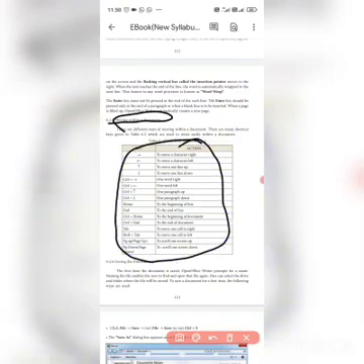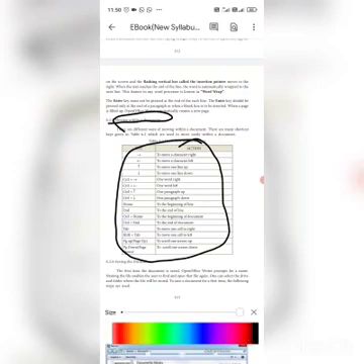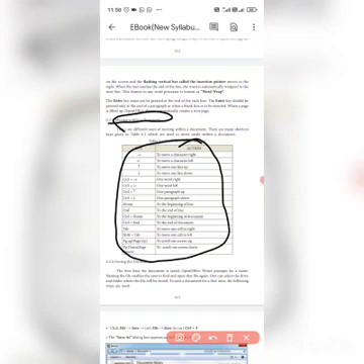Listen carefully. The first one I will teach you. See, on the keyboard there are four arrows: left arrow, right arrow, up arrow, down arrow. Press the right arrow to move one character to the right side. That is one letter, a character. To move a character to the left, press the left arrow.